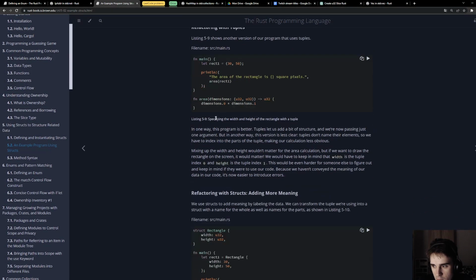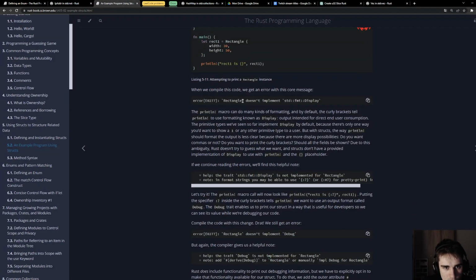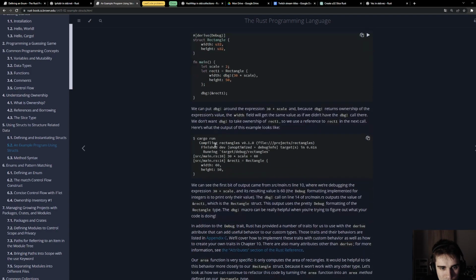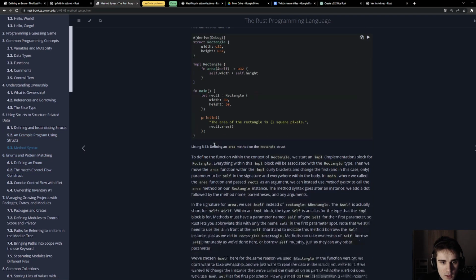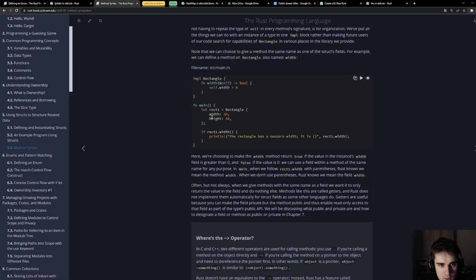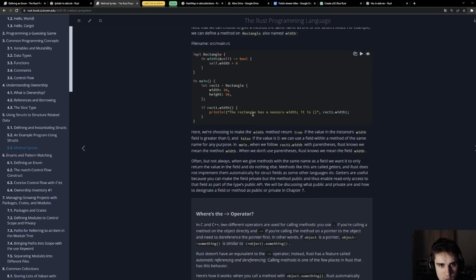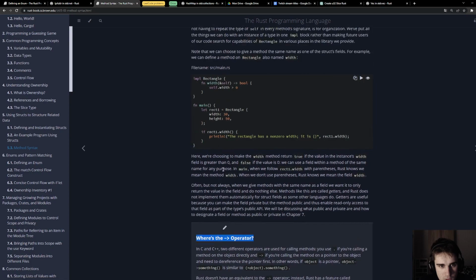I'm pretty sure I have seen it before, but I don't remember where it was. Rectangle doesn't implement, no. I guess I will not find it. I forgot also about this, that the dot is replacing the dot and the arrow operator from C and C++.